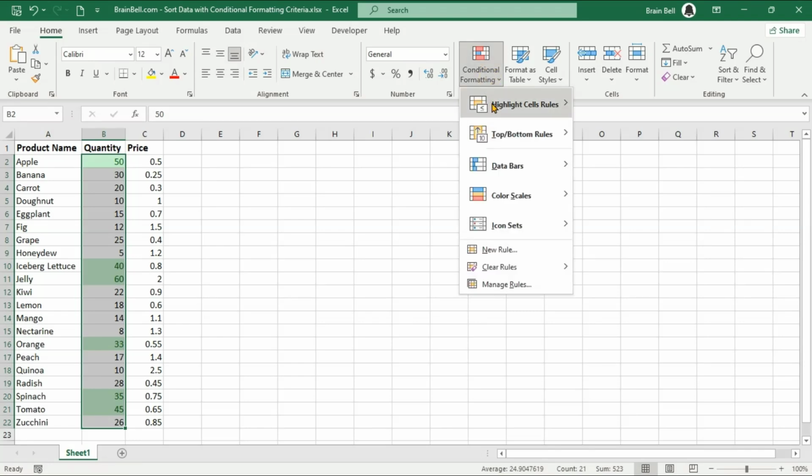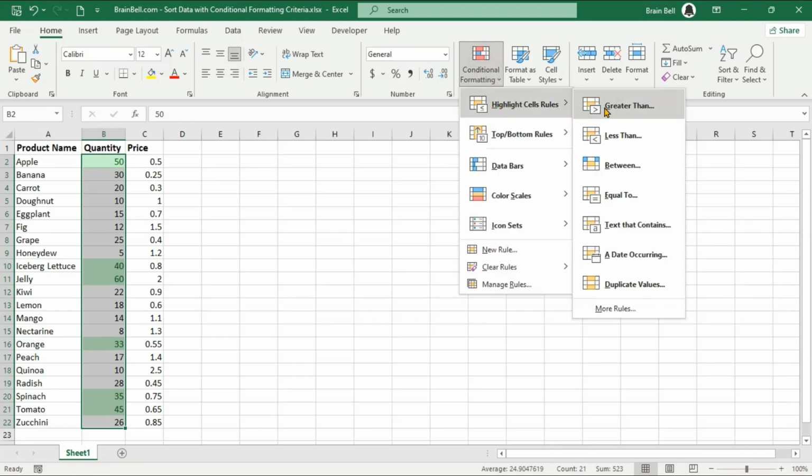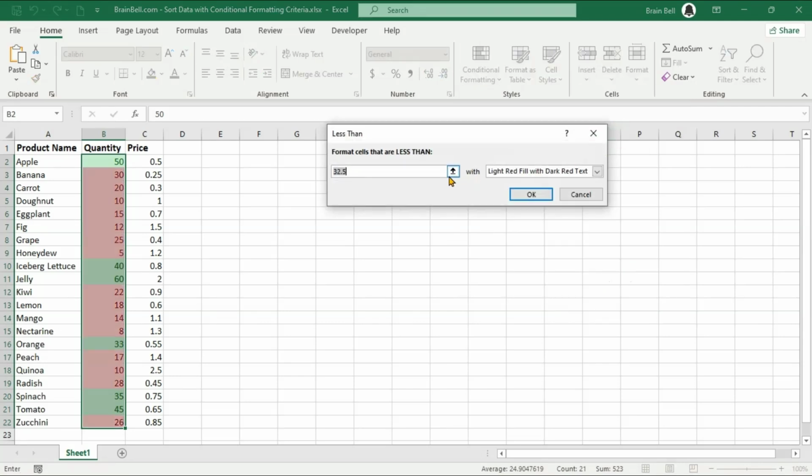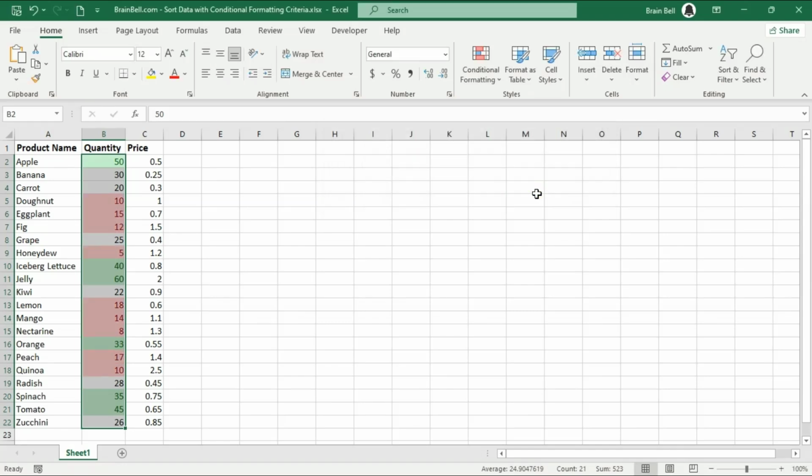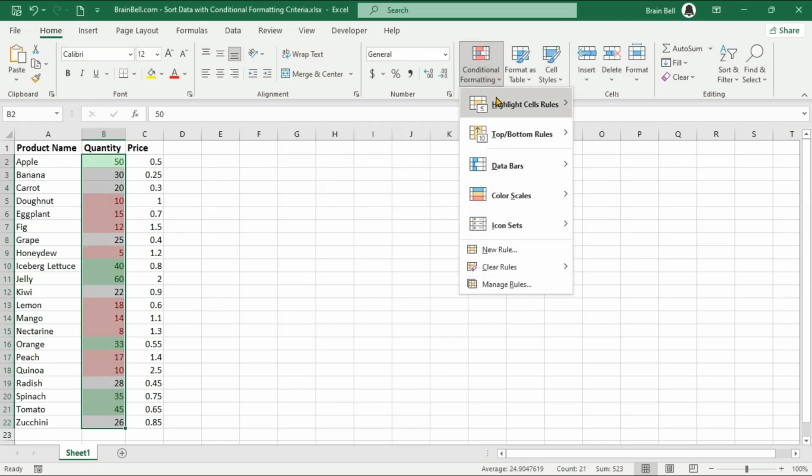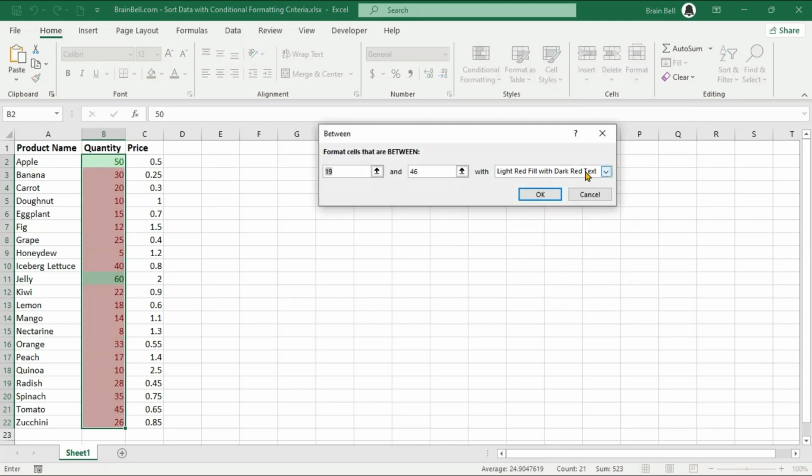Now, you'll notice that all cells containing values greater than 32 have been formatted with a green background and dark green text. Repeat the previous steps, but this time select the less than rule. Set the threshold to 20 and choose a light red fill with dark red text for formatting. Click OK. You should see that all cells with values less than 20 are now highlighted with a red background